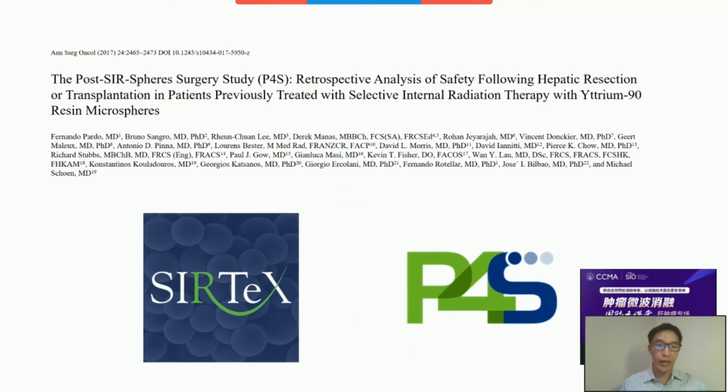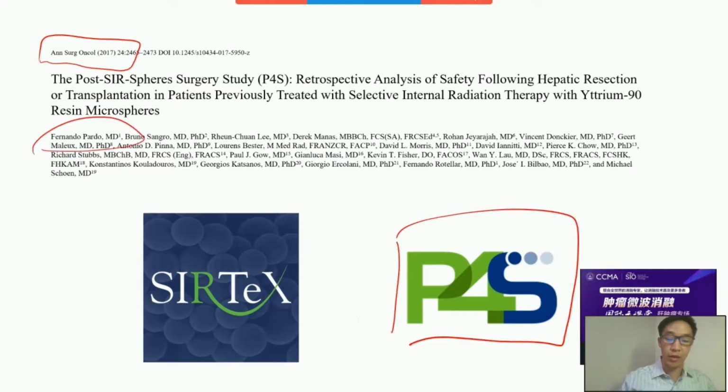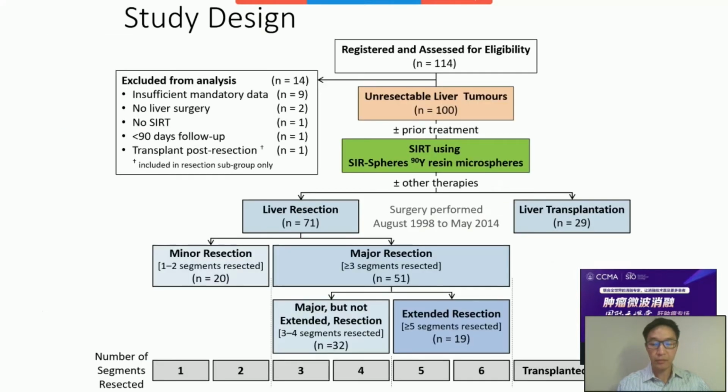The first question that one has to ask is whether, even though we can see a shrinkage of tumors after a treatment with SIRT therapy, it is actually safe to operate on these patients. And in the Annals of Surgical Oncology, the P4S study, which was headed by Fernando Pardo in Pamplona, helped answer this question. In this retrospective analysis, they took a look at patients with 100 unresectable liver tumors that ended up